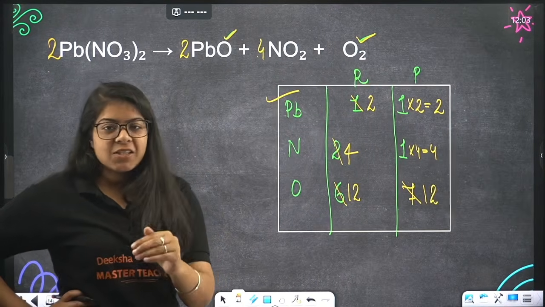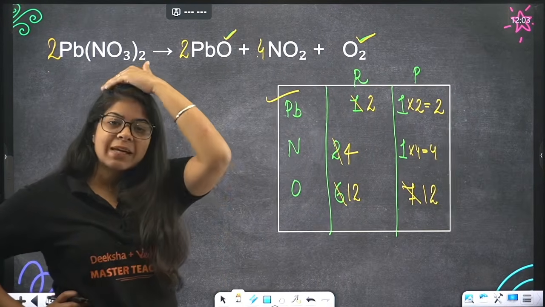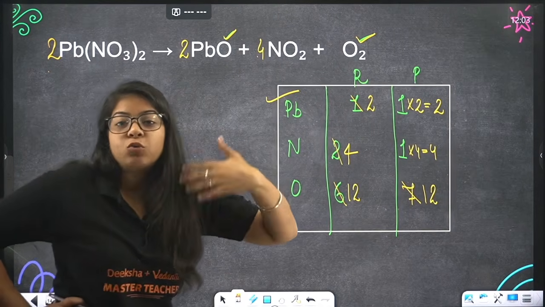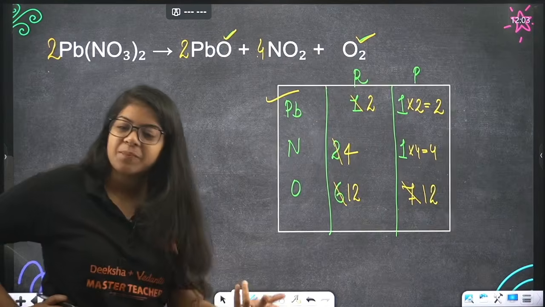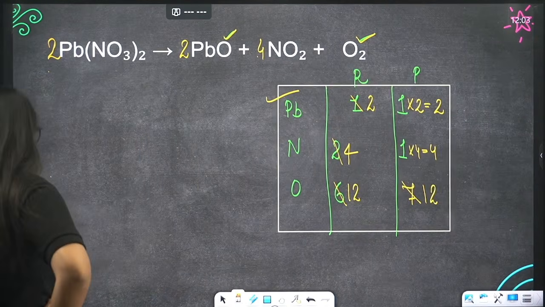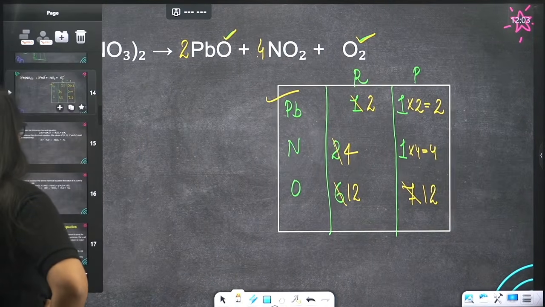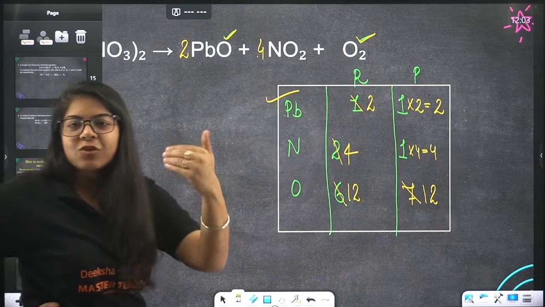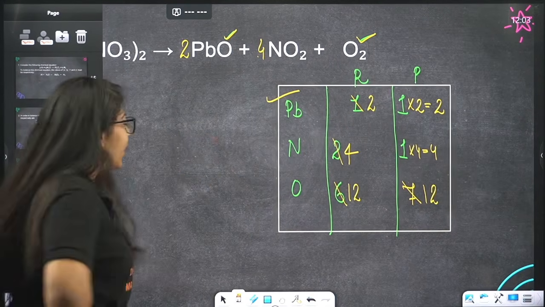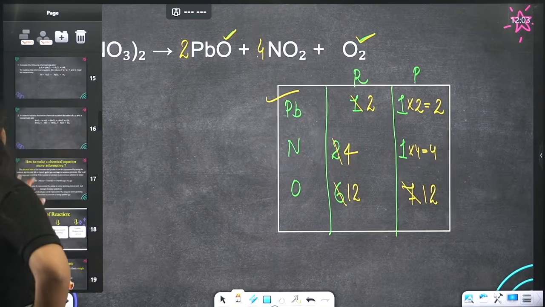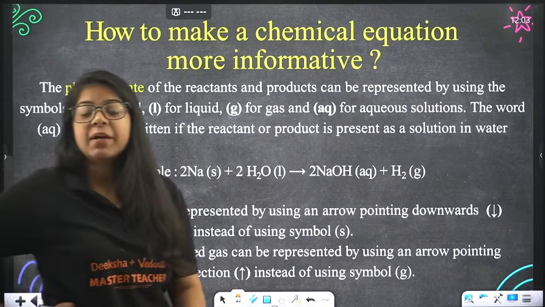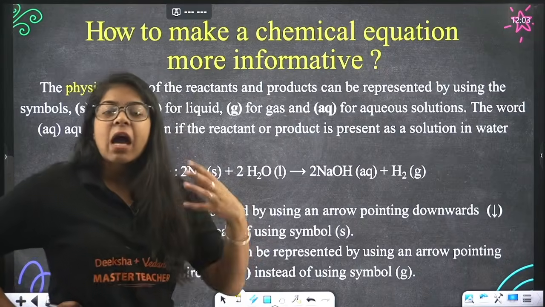Done? Understood? And that's how you will think when you are stuck somewhere. Okay, you try to think out of the box. Done, beta? Okay, very good. Now beta, let's move on, we'll do the rest of the chemical balancing after a little while. Okay, done. Now beta, there is some general information that whenever we write chemical equations, how do we make